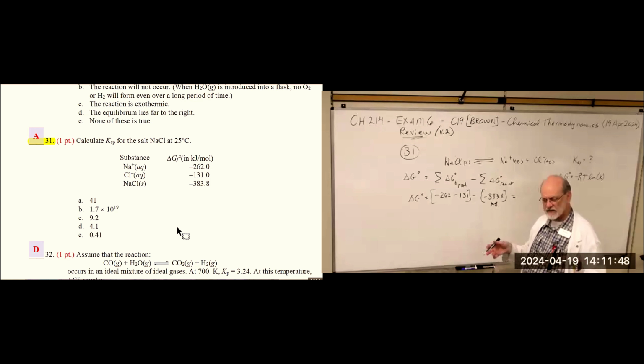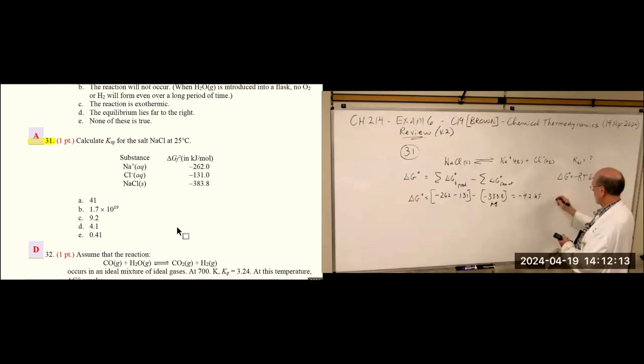The delta G's and the delta H's are usually in kilojoules and the delta S's are in joules. So that's one place you could trip up. 262 and 131, and then plus 383.8. So I get minus 9.2 kilojoules, and that's equal to delta G0 equals negative